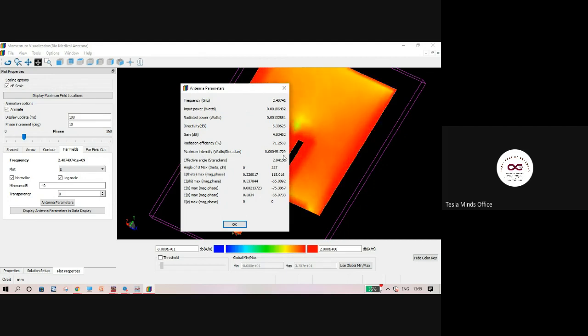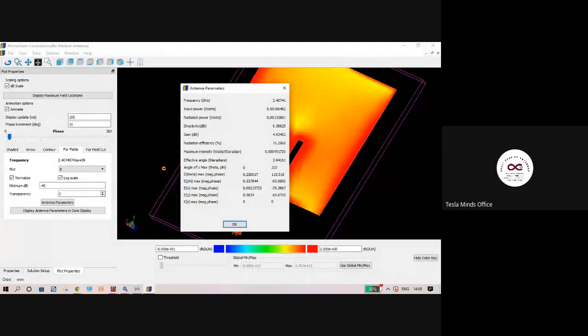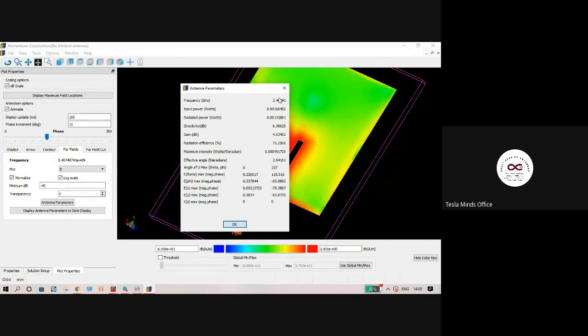Why do you need this? Because to understand the SAR values, this is very very important, right? SAR is the specific absorption rate, specified by the medical association for minimizing the effect of radiation on the human body. So to understand that, you need this value there. For an antenna, the most important graph which we have seen now is the S11 graph, the initial graph. This was the most important. Once this is finalized, then we went to this near field and analyzed the radiation pattern. We just saw the radiation pattern, right?